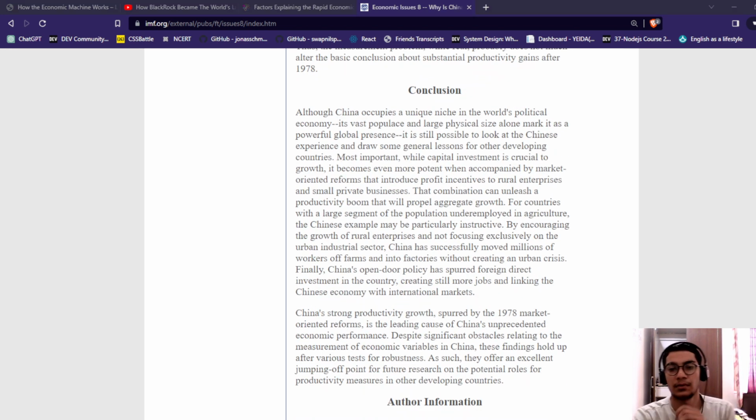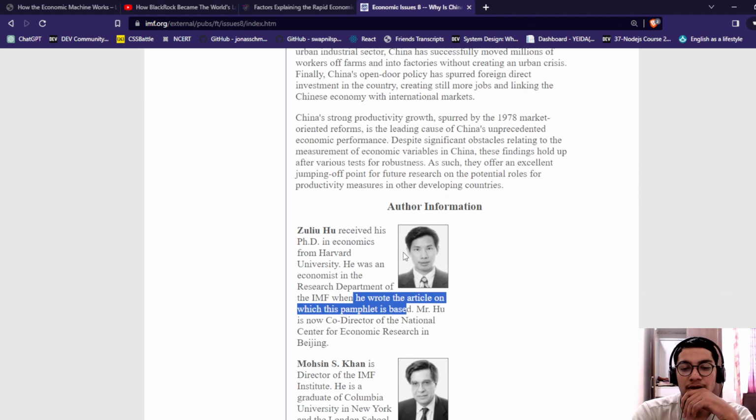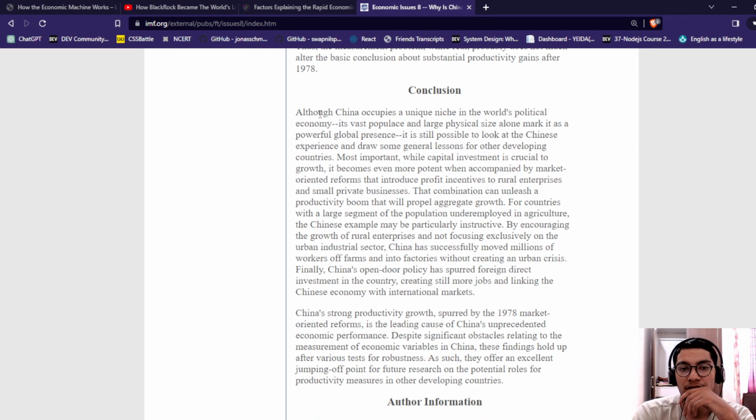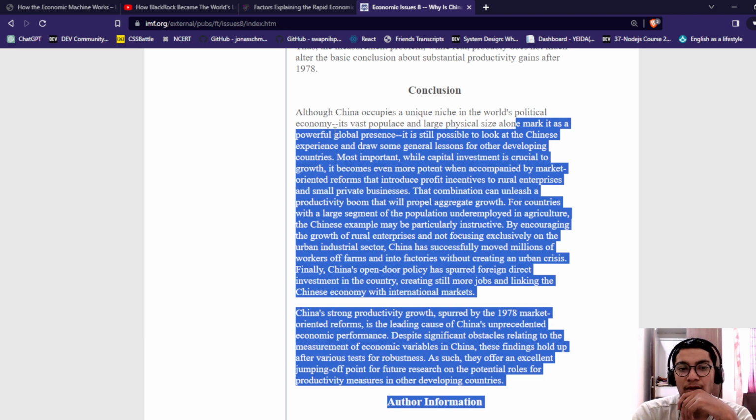I've read almost everything about why China shows such rapid growth after 1978. Let me read the conclusion for you. Although China occupies a unique niche in the world political economy, its vast population and large physical size also mark it as a powerful global presence. It is still possible to look